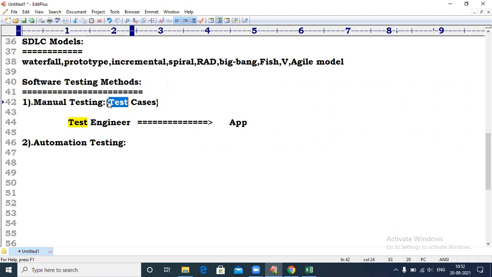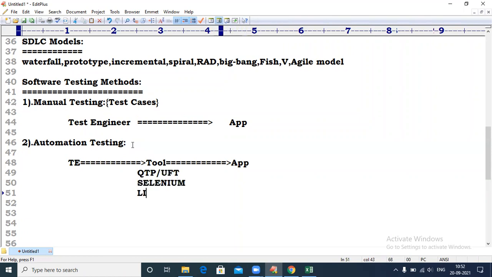So in manual testing, we don't bother about that. But at the time of automation, there is the test engineer and the application, and between them one tool is there. I will give instructions to the tool, the tool will perform the actions on the application, and the application will give the result to the tool. Which tool? There are so many tools. The tool UTP, or UFT now, the name changed. Or the tool is Selenium, or Lisa, or Toaster, or Cucumber. The tool is anything. So what is automation?